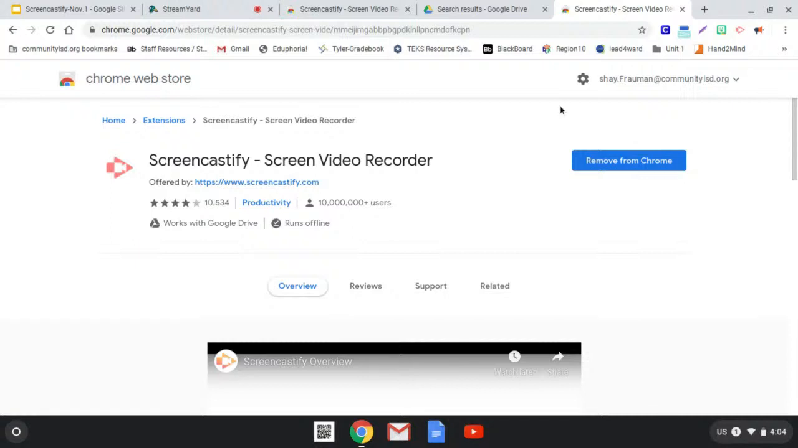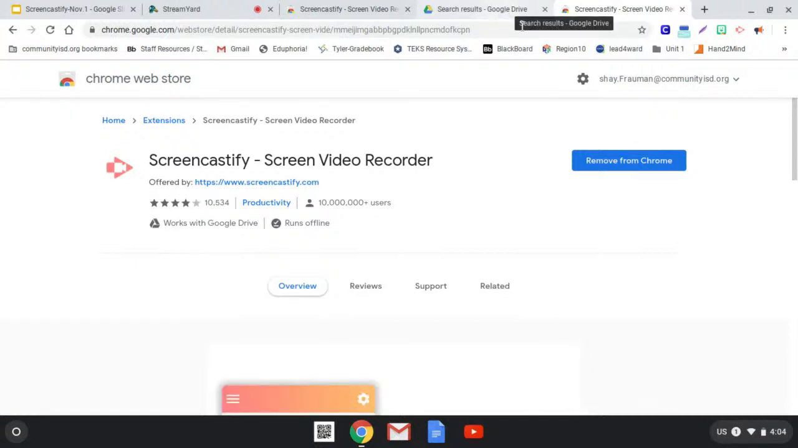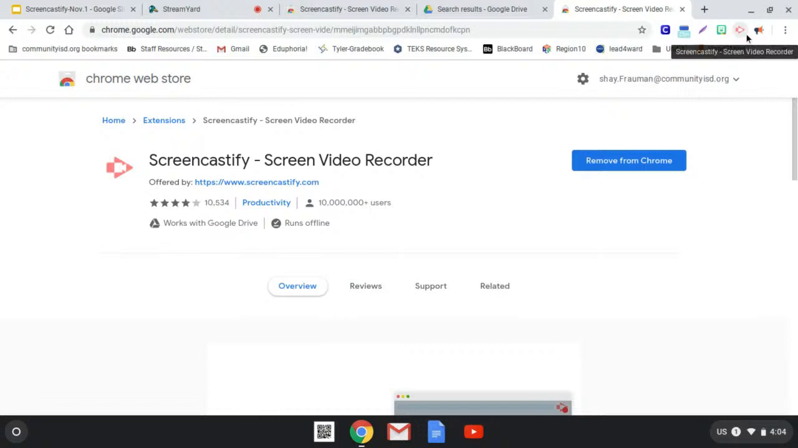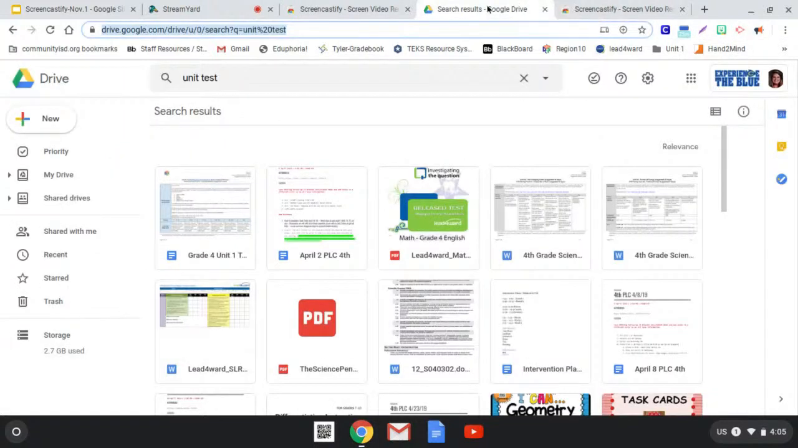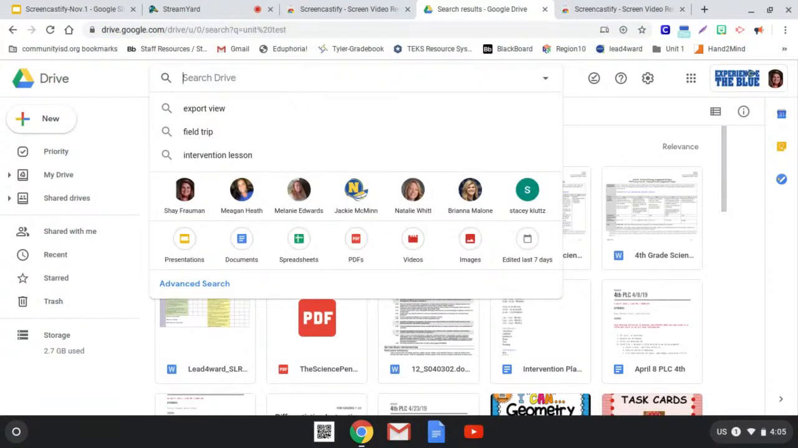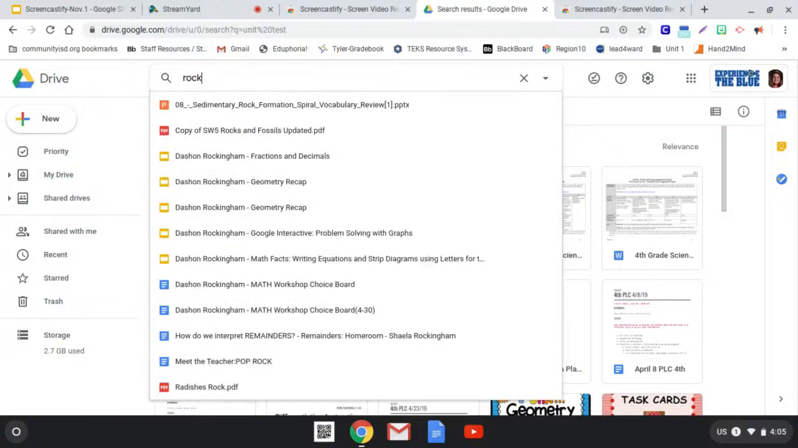Okay, so I am actually going to now show you how to use Screencastify. But before I get started, up here at the top, when you add that extension, it'll pop up here on your toolbar. And whenever you're ready to use it, you'll click that button and it'll start recording for you once you let it. So I'm going to go to my Google Drive, and I'm going to type in an assignment that I need to